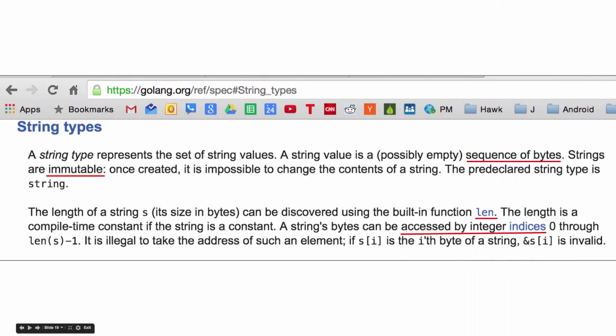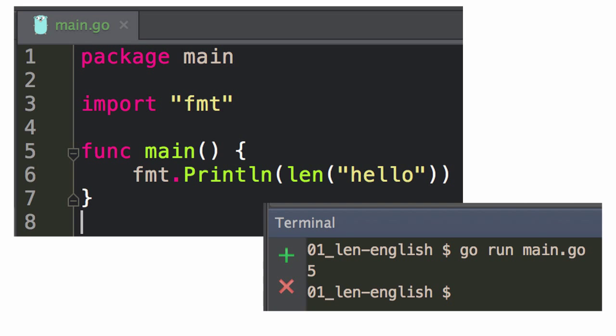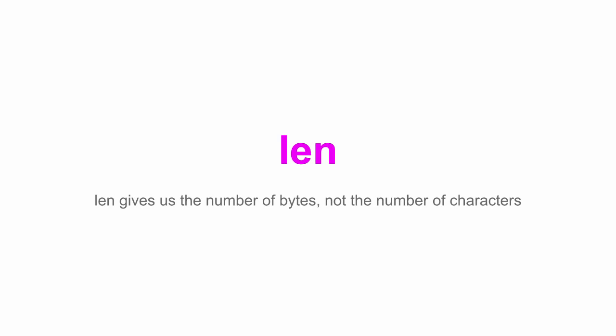Right? So when we see that a string is a sequence of bytes, it's literally a sequence of bytes. And we can see that sequence of bytes. It's immutable, so you can't change it, right? You could assign something new to a variable, but you can't change the thing. Find the length, and you can access any of those letters by an index. So let's see if I got the index thing. I like the index example. Where is it? There's length. Okay, so we do get to the index, so let's see it.